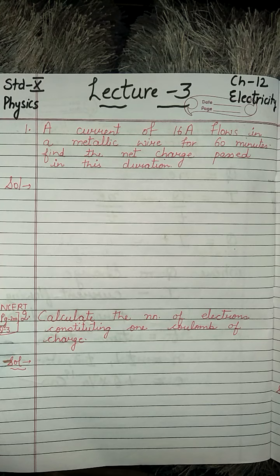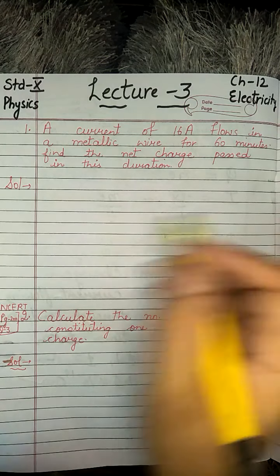I am repeating the rules. Rule number 1, write what is given to you. Rule number 2, write what you want to find out. Rule number 3 is which formula you are going to apply. Rule number 4 is to see whether the unit system is the same or not. The last rule is to go with calculations and write down the units. Fine. So let us start with this.